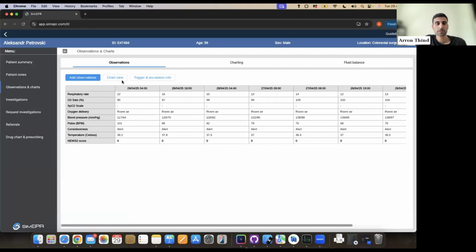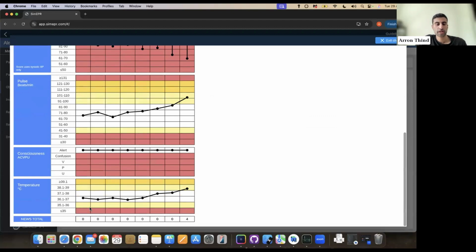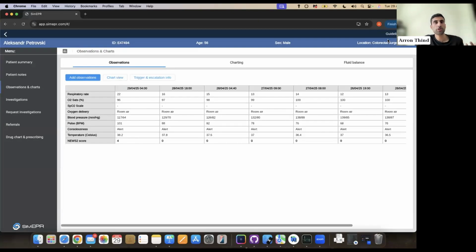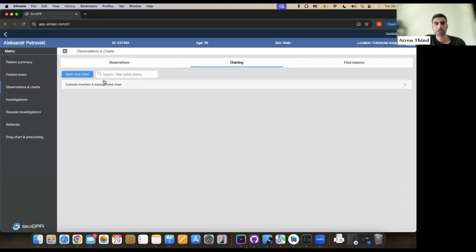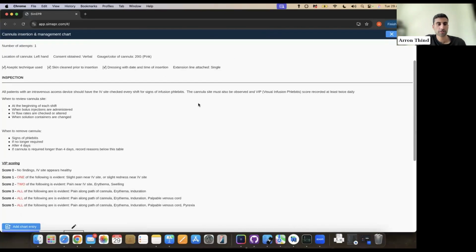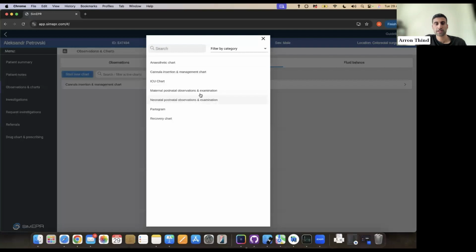Then we have observations. They can be viewed in chart form. And it automatically calculates the new score. Depending on the patient type, there are different scoring systems, so PEWS, NEWS, and we've got ICU style observations. We also have MEWS as well for maternity, and NEWT for neonatal. Trigger and escalation information. Charts, so there's various different charts. This is a cannula chart with the VIP scoring. But there's a few other things like for neonatal, maternity, partograms, anesthetic charts,